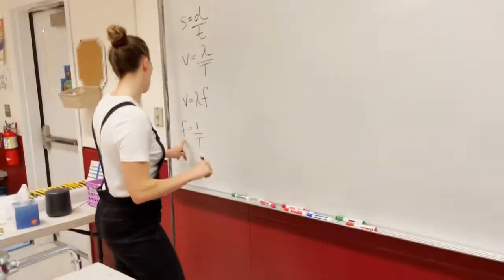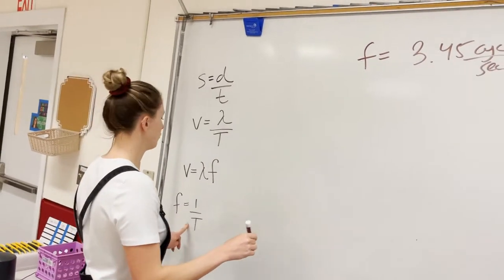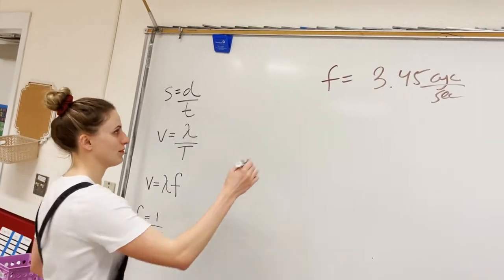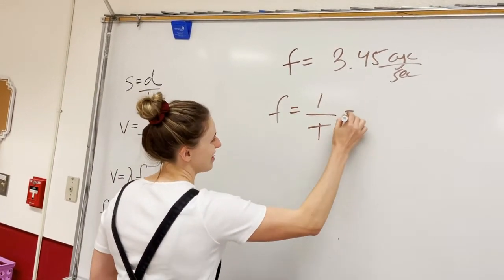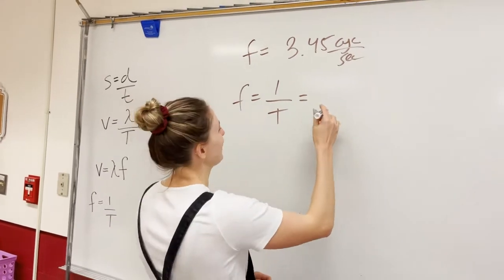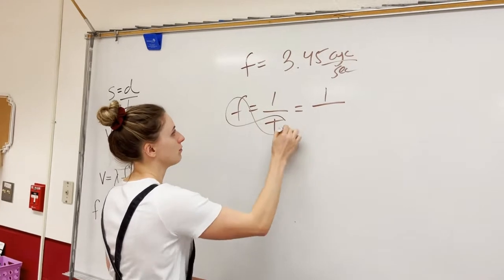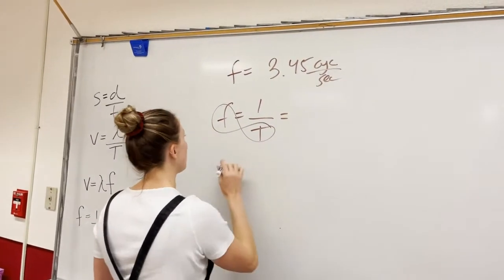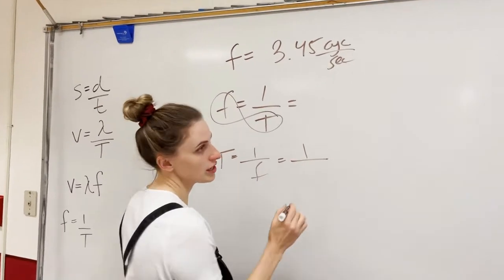I like it. Whenever we're trying to find the period, we just do 1 over the frequency. They're flip-flop inverses of each other. So we want the period, right? So we have to flip those. The period equals 1 over the frequency, which is